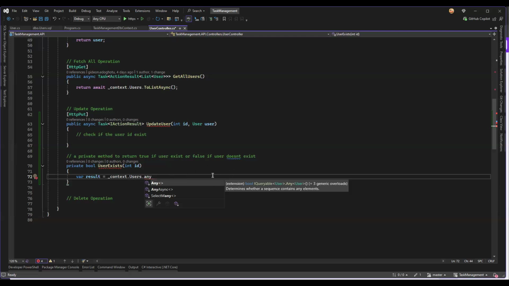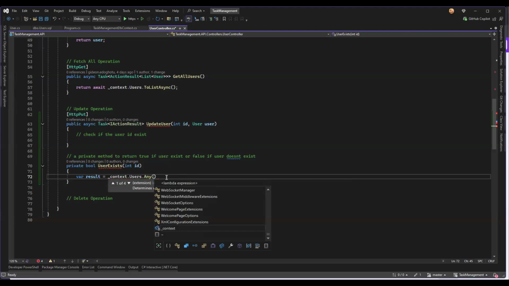If it does not, return false. Are we following? Yes. Okay. So any. So open the bracket. This is going to take in